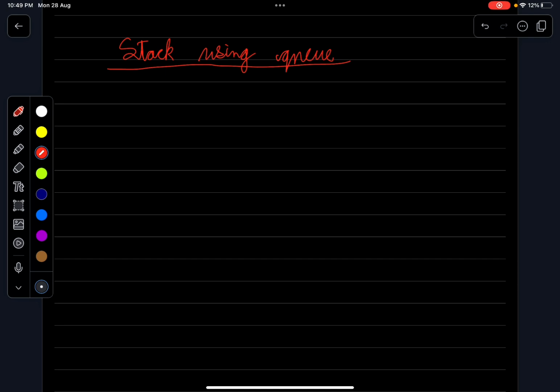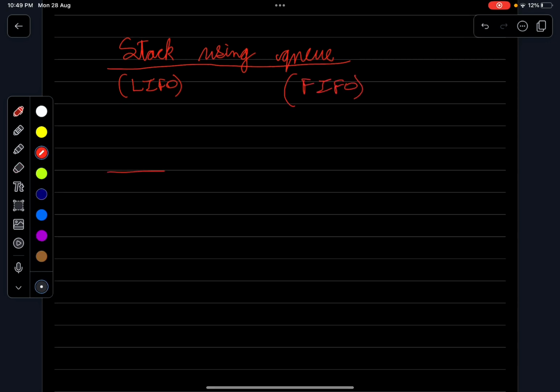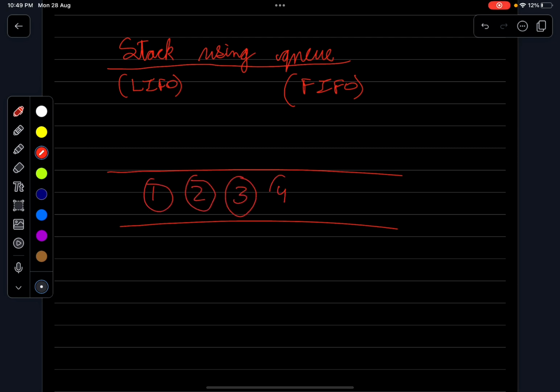As we all know, stack is a last in first out data structure and queue is a first in first out data structure. So if we just create a queue, push 1 into it, 2 into it, 3 into it, 4 into it, and when we pop the front element of the queue, then the first element goes out, then the second element goes out, and so on for each and every element present in the queue. Now for implementing each and every specific function of the stack class, we can decide what code to put inside those functions.